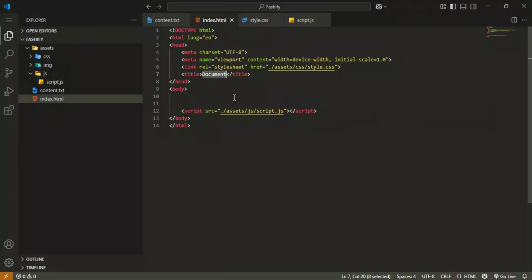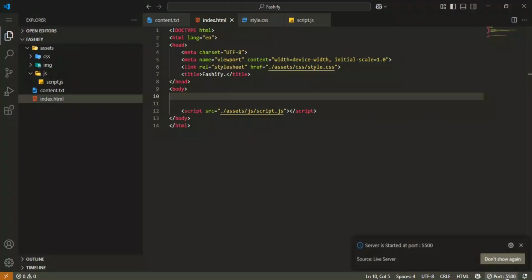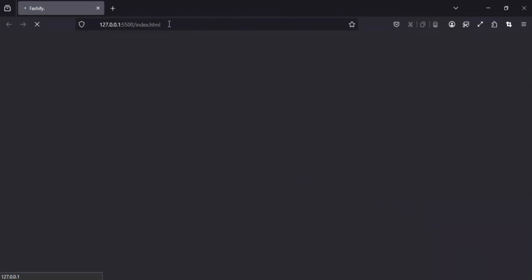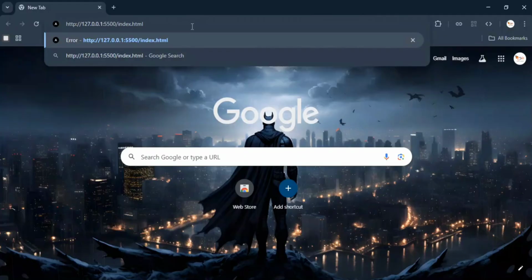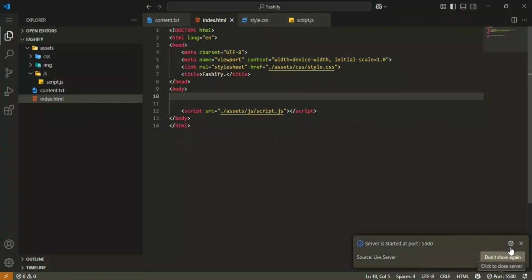Okay, I'm going to change the title to Fancyfy dot. Then I'm going to serve it in live server. Okay, it's open in Firefox. Copy and paste. Okay, now we are going to get